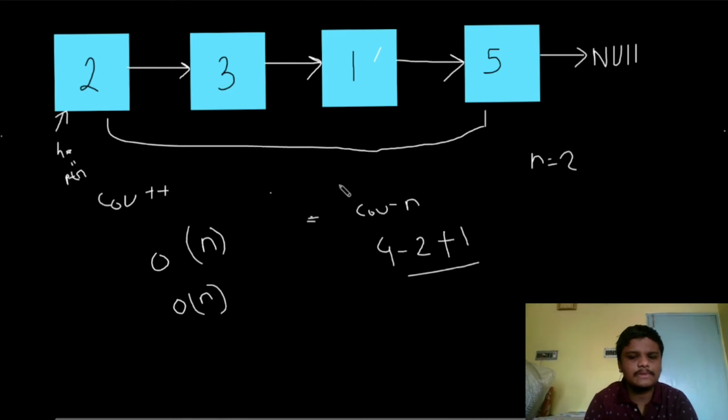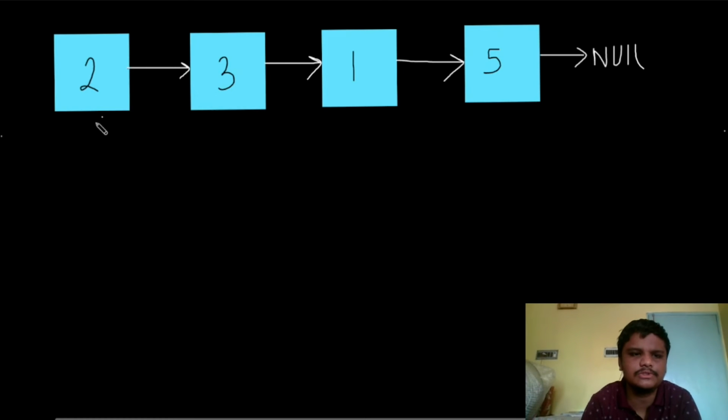So now let's talk about the optimal solution. For the optimal solution, we have our head currently at this position. We're going to follow the concept of two pointers. We're going to have a slow pointer over here, which will be currently pointing to this element, and we are going to have a fast pointer over here, which is going to point to this element, that is the second element.